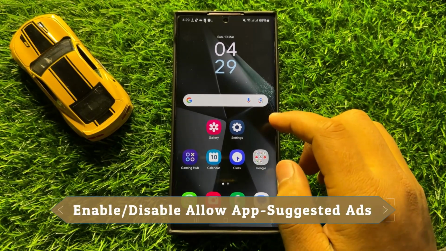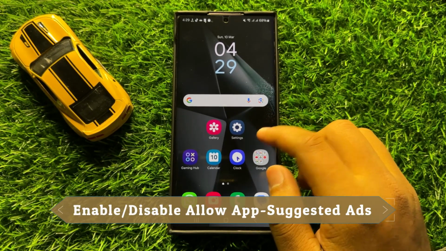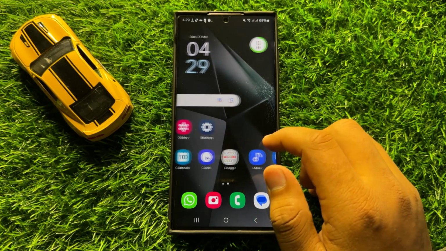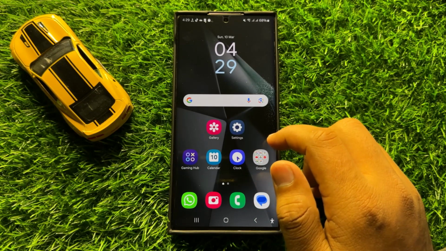Hello everyone, in this video I will show you how to enable or disable allow app suggested ads in Samsung